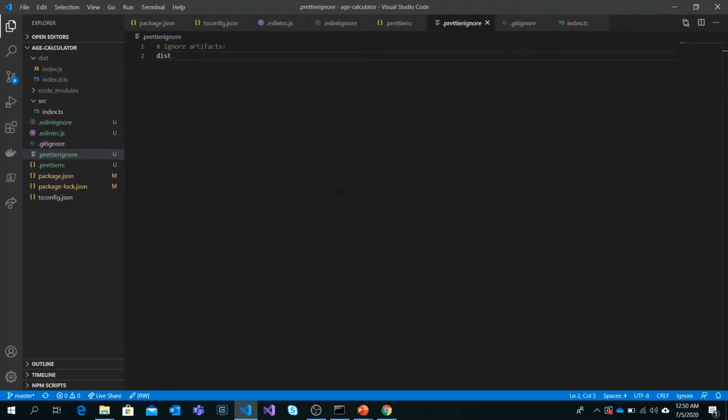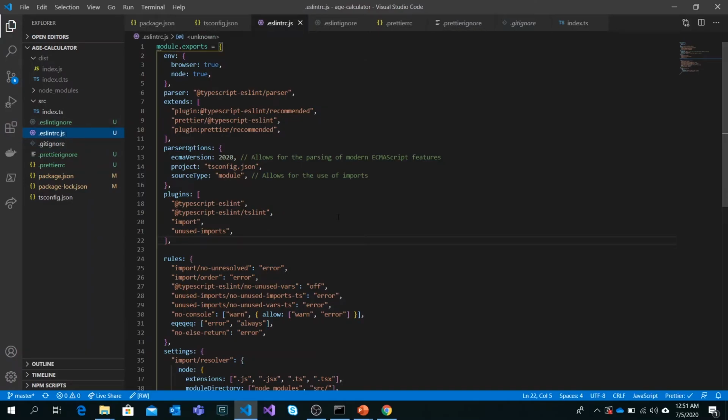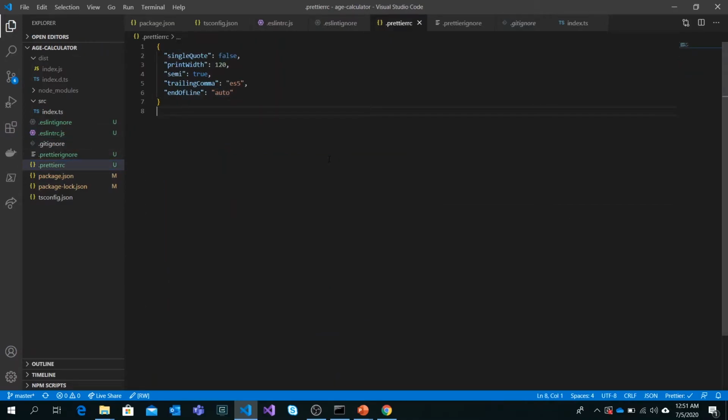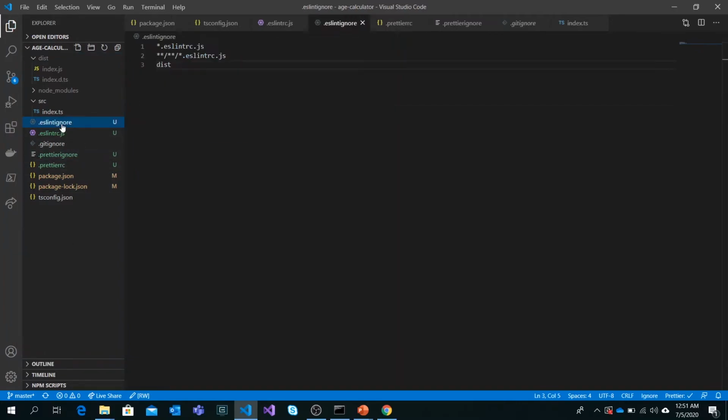We are almost done with creating configuration files for ESLint as well as Prettier. So we have created the .eslintrc.js file for ESLint and the .prettierrc file for Prettier. We also created two other files for ignoring files in ESLint as well as in Prettier, and we mentioned some of the files there.